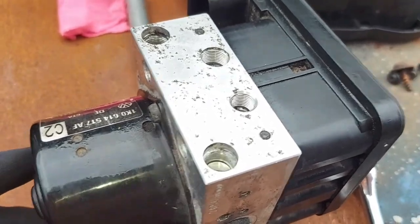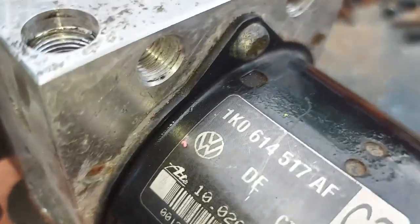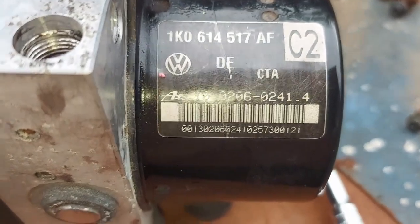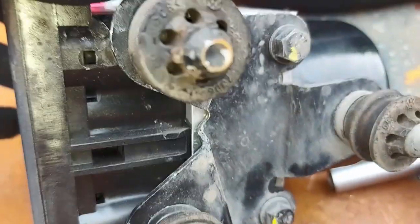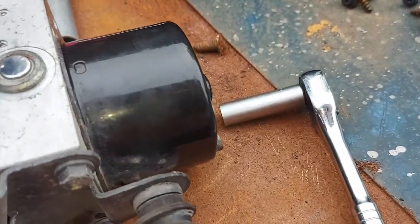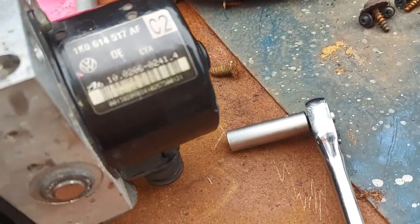I have the module taken out completely now. So this is what it looks like. Some of the part numbers are here. I am going to try and see if I can get a complete module, or just order the valve block. I don't know which one, whatever comes first. At the bottom you've got these 3 legs, or you can take those to 10 bolts, right? I will be going through this with you when I'm dismantling it. All right,